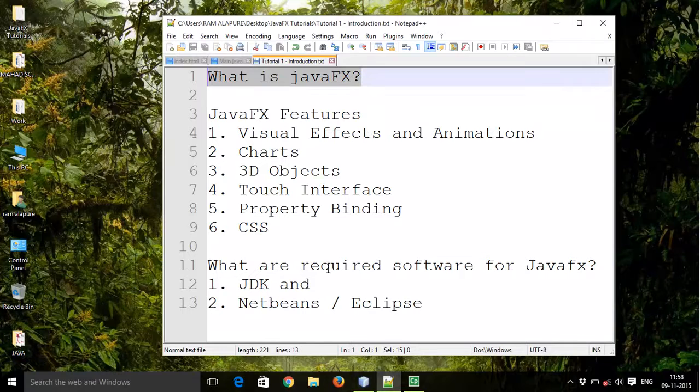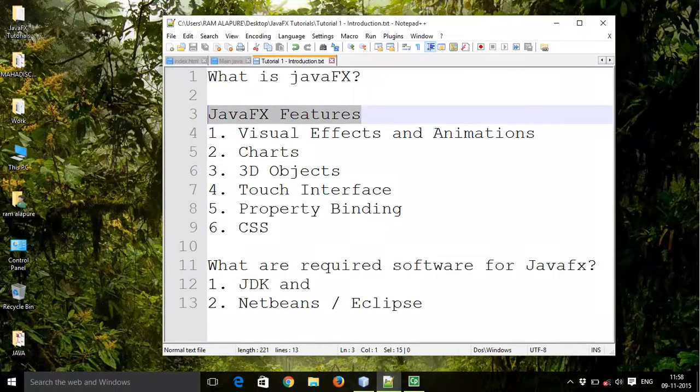First of all, what is JavaFX? JavaFX is a collection of Java packages that let you add a fancy graphical user interface to your Java application. With JavaFX, you can create traditional Windows-style user interfaces that include familiar controls such as labels, buttons, text boxes, checkboxes, drop-down lists and so on. JavaFX is similar to Swing. So if you have ever used Swing to create a user interface, it's a good head start to learn JavaFX.